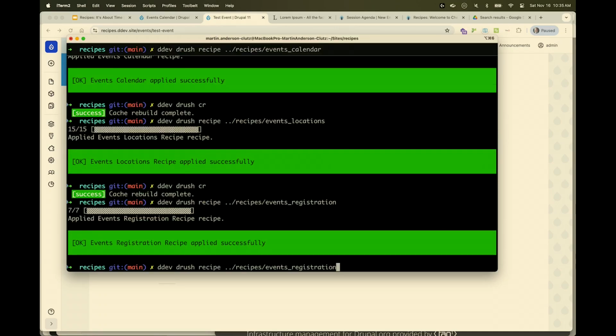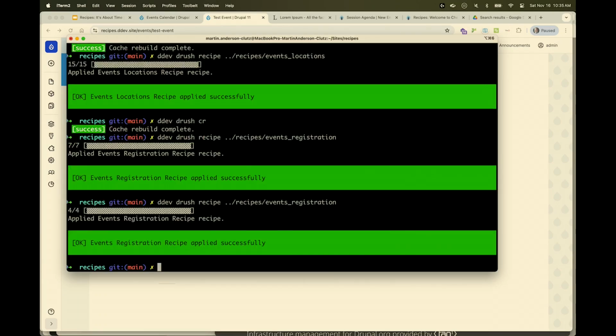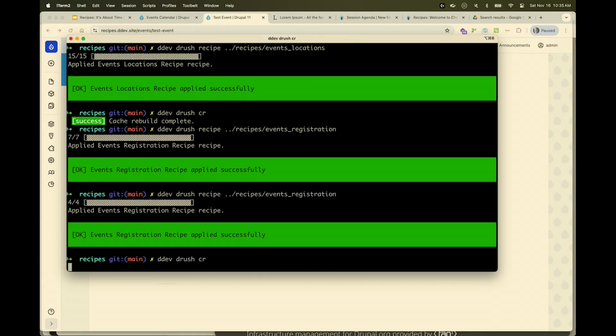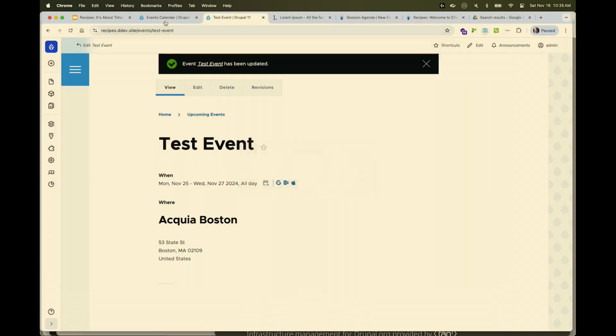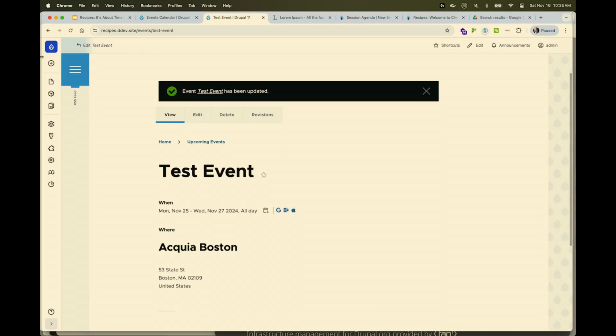One thing I can also point out here again for that idea of item potency: just apply the same recipe twice and that works just fine. Let's go ahead and clear our cache for good measure. And now if we go back and add a new event,